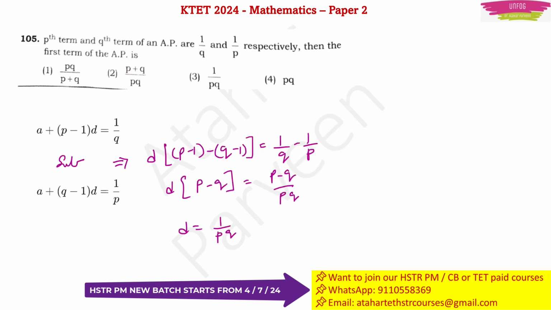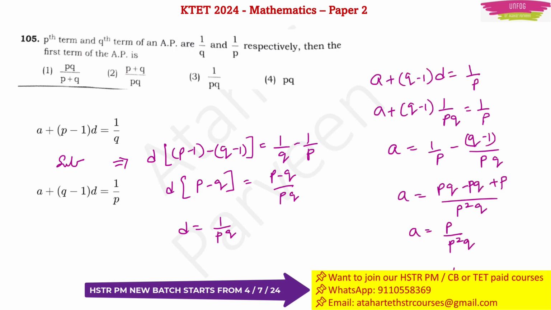Now these two equations you can subtract. Once you subtract, you will get the common difference value. This common difference value here we are getting as 1 by PQ. This you can put in any one equation, a plus (p minus 1) into d or a plus (q minus 1) into d. Any one equation you can substitute, and you will finally get the value of a, which will be 1 by